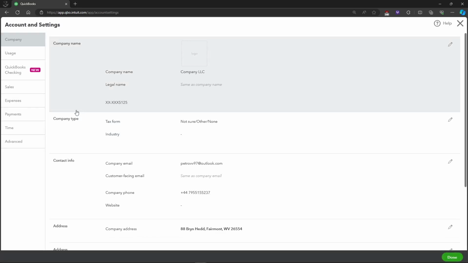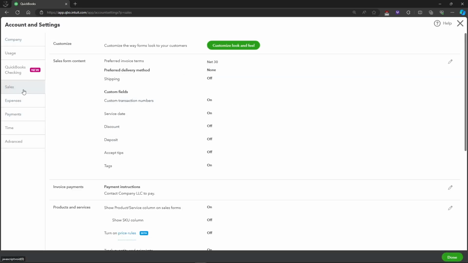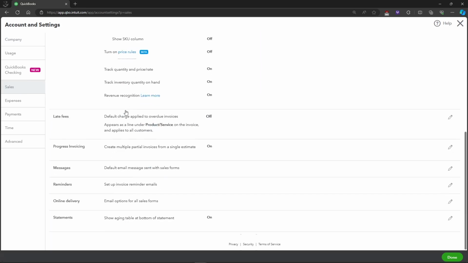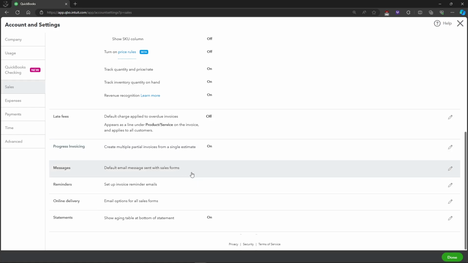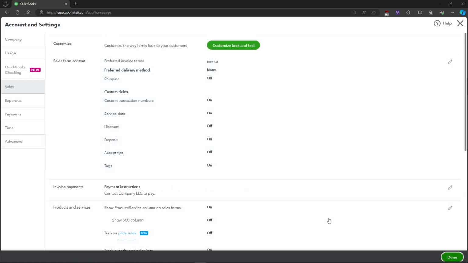And then after that, head on over to the sales tab and scroll down and find the progress invoicing button where you can turn it on. For me, it's already turned on, so just turn it on and click on save, and let's head on to